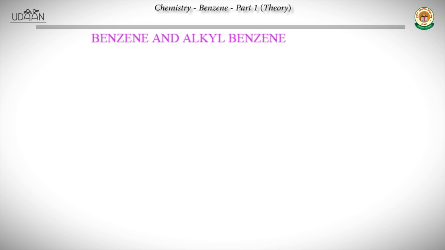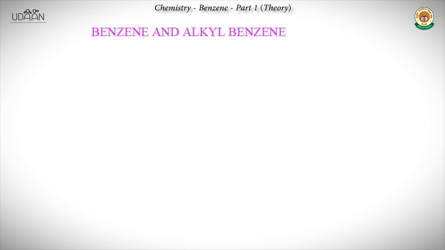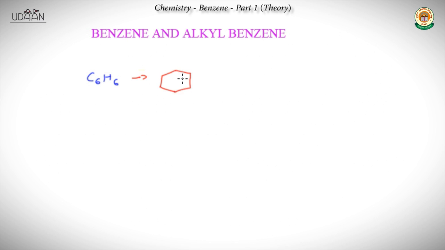because it is very much useful in our daily life and also in other industries. First we'll start with benzene and reactions concerning benzene. The formula for benzene is C6H6. If you look into the structure of benzene, it is like a 6-member ring with alternate double bonds. You know that each double bond has 2 pi electrons. As a result of it, benzene has 6 pi electrons, 2 electrons coming from each bond.